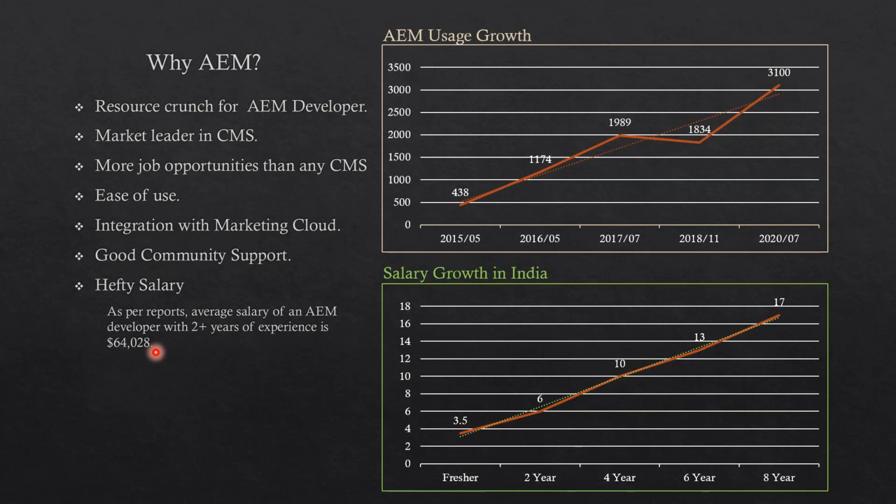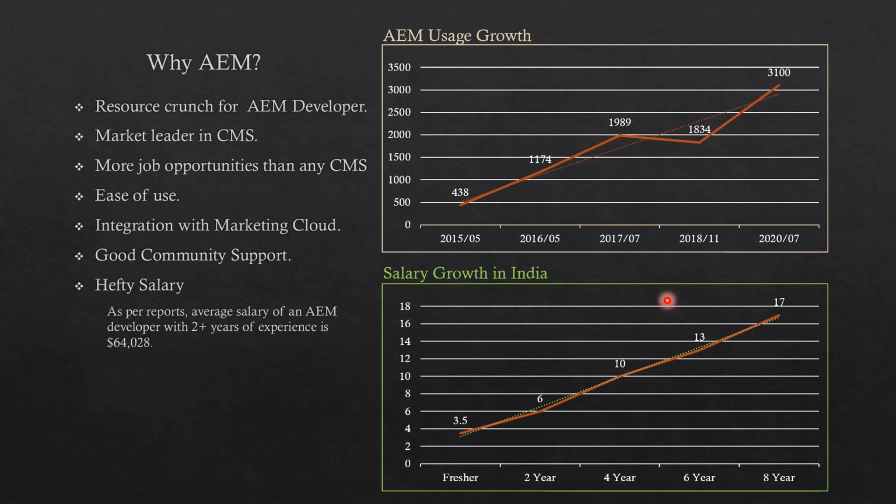And another reason is salary. This data was prepared in January. This was the average salary. And if you see the graph, which is AEM usage growth, by the way, this number is not 438, it's 438,000. There is a K appended at the end everywhere. That's how the progression has happened. And I'm waiting for 2021's data to be released so that I can add it in the chart. But till 2020, the number of companies which were using AEM was